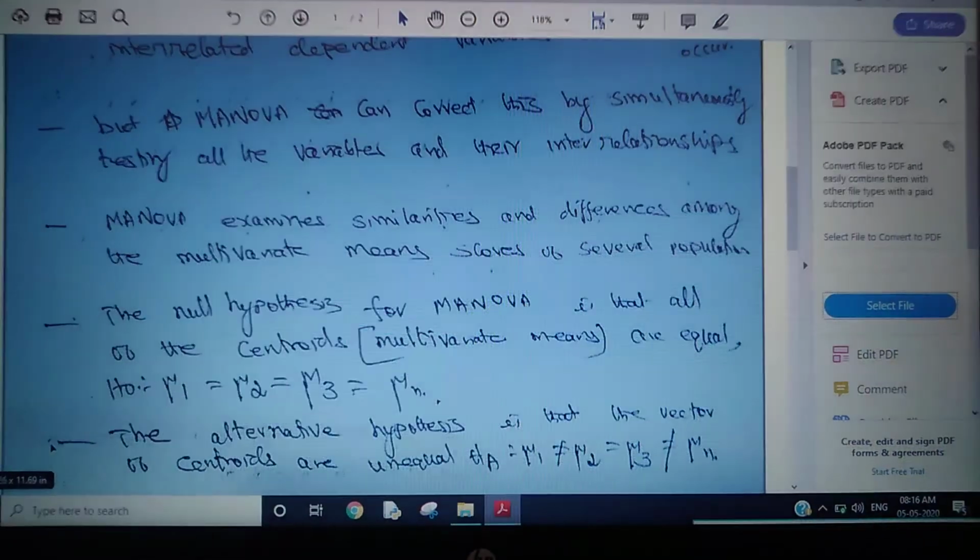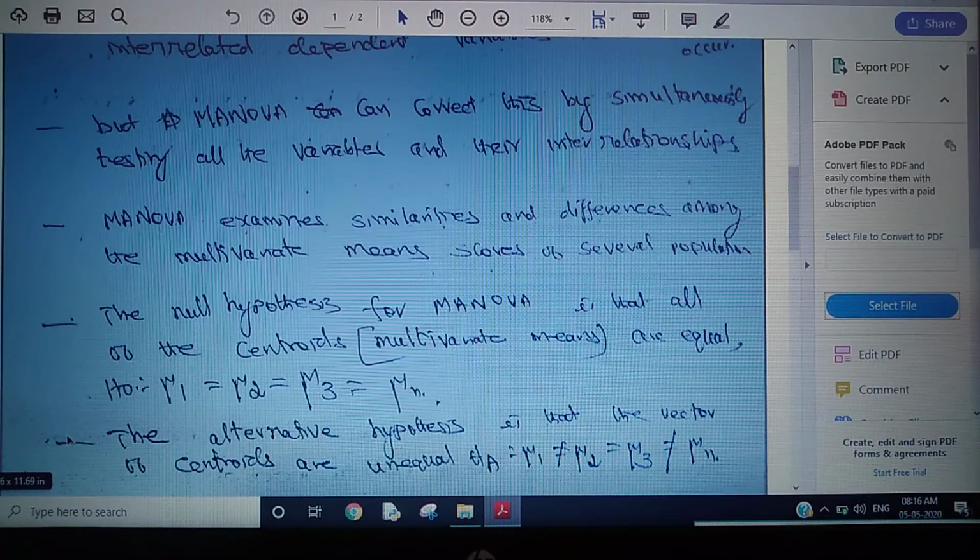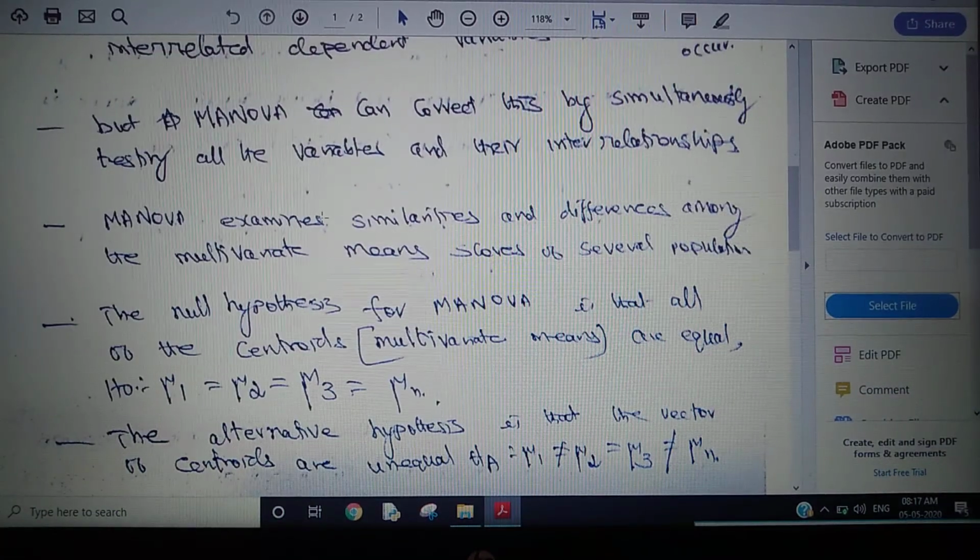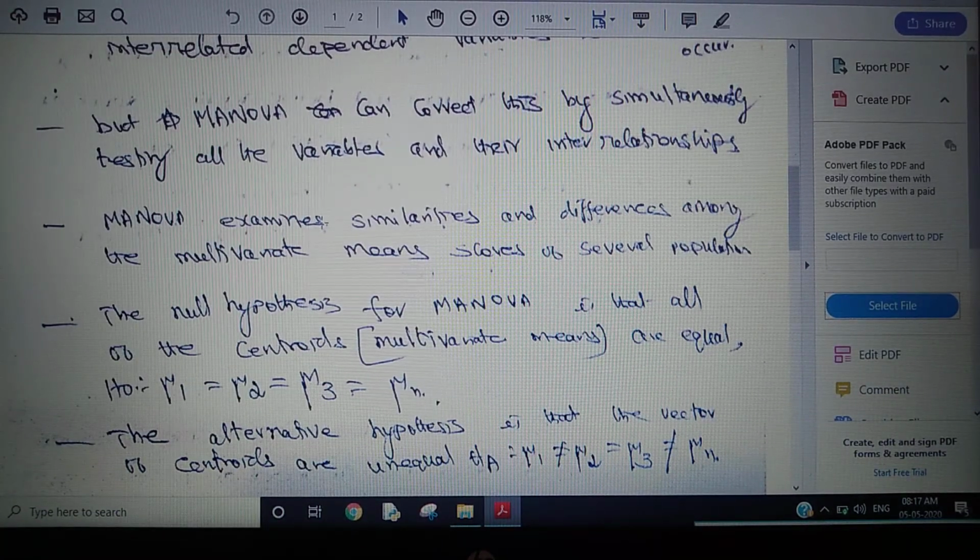So I hope you have some clarification. What is analysis? What are the various analyses there, with the help of the previous session and this session. So until this point, we are clear about the data collection method and the questionnaire, how to construct the questionnaire, what is sampling, and what are all the various analyses.